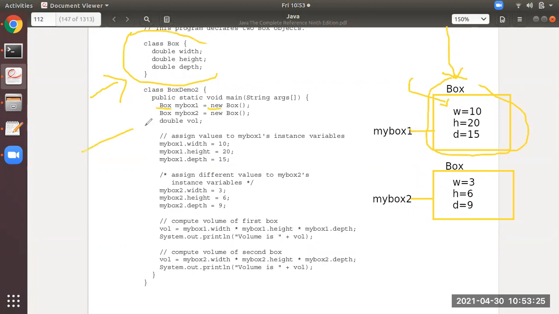Then after that, same thing with this line, but the name will be mybox2. See here. So as you can see, there are two lines with two objects: mybox1, mybox2. So mybox1 and mybox2, with the help of the new operator, will be connected with the memory. And in the memory, there are two objects of data Box, same here also Box. I will say about 3000 and 10 20 15 after a few seconds. So this is done.